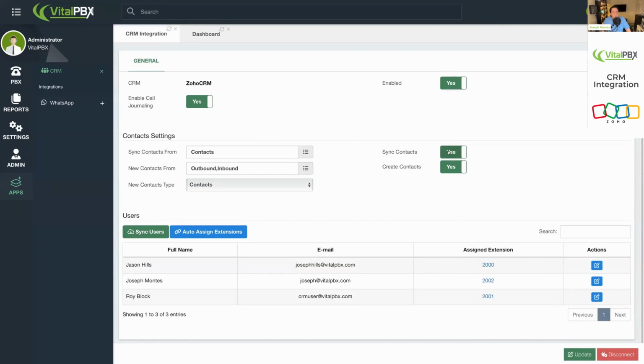And you can choose to enable or disable this feature. What does synchronizing the contacts allow us to do? Whenever you install the CRM integration, you will also have installed the phone books module, if you do not have it installed. So if we come to phone books